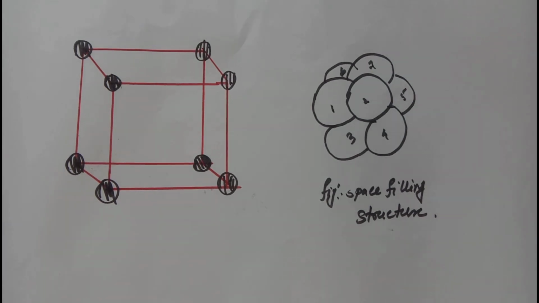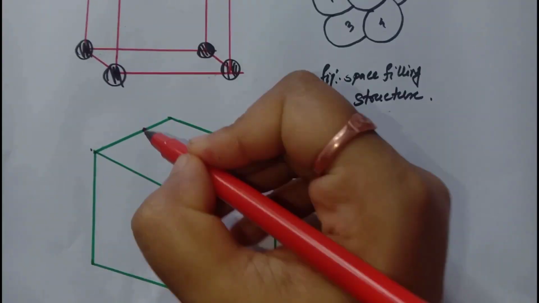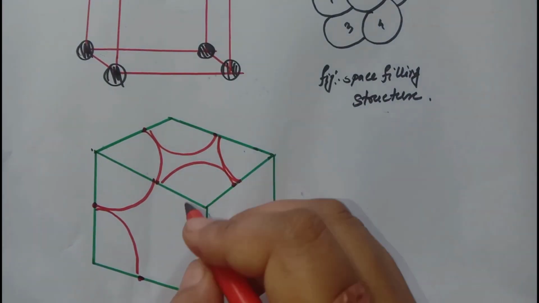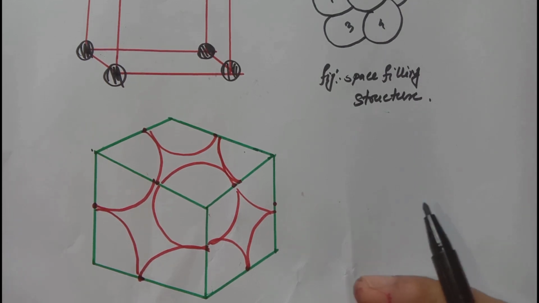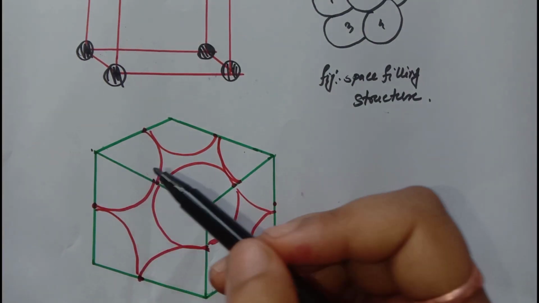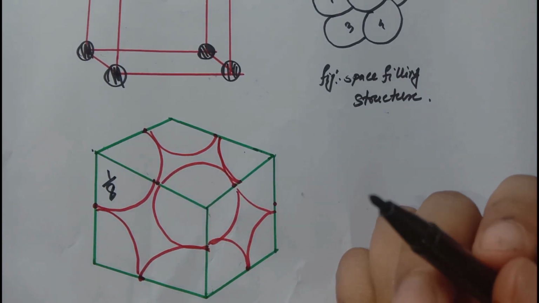Now see the actual portions of different atoms present in a cubic unit cell. This is the actual portions of different atoms present in a simple cubic unit cell. Each corner of this unit cell will contribute 1/8 portion of its original volume. Now see how many atoms are present in a simple cubic unit cell. The calculation is like this.